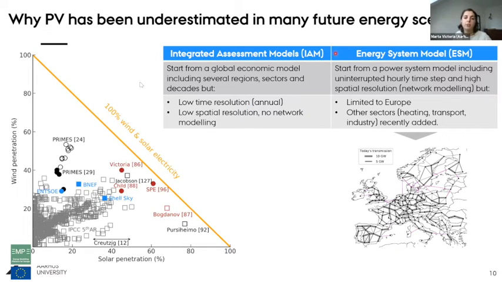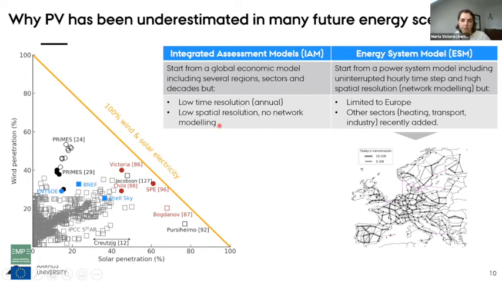On the one hand, integrated assessment models started from a global economic model that included several regions, sectors, and decades, but they typically use low time resolution, so annual values, and low spatial resolution, so one node per country, or most of the time one node per region, per Europe, per America, etc. And then they don't include the network modeling, which means that they are not modeling the possibility of balancing renewable fluctuation by